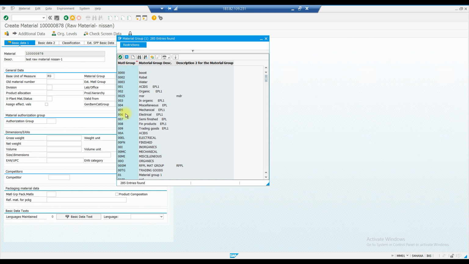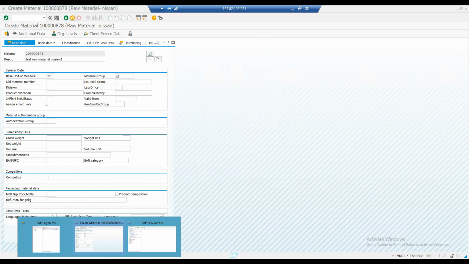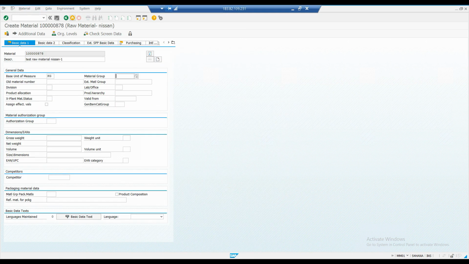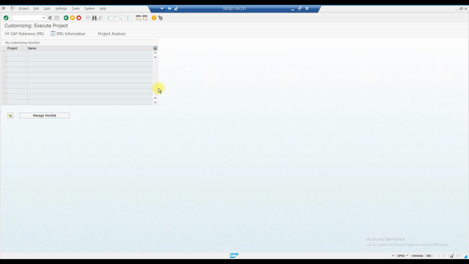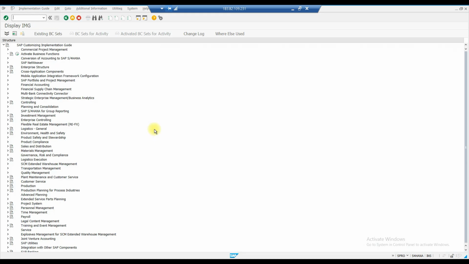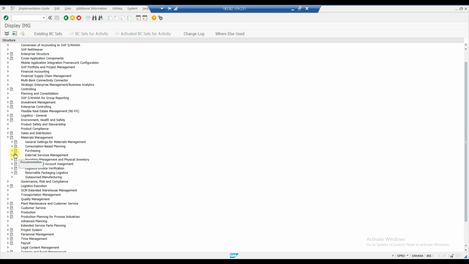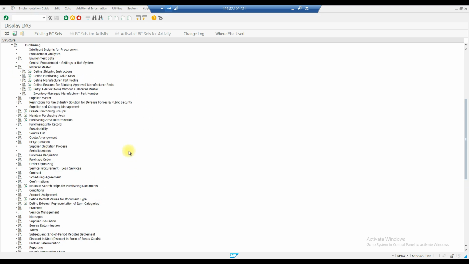Okay, so how can you create a material group? Let's create a material group and see. So we can go to the next screen. Here you can go to SPRO. Here we can go to Reference IMG. Here you have to go to Material Management. Here we have to go to Purchasing. Inside the purchasing, you are having material master. So here you are having,